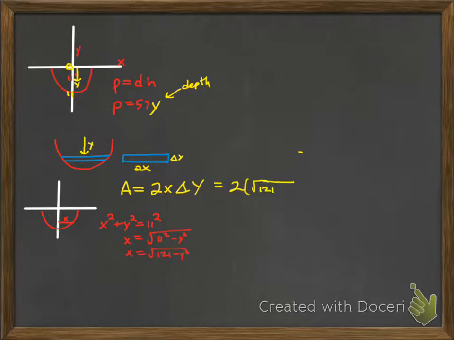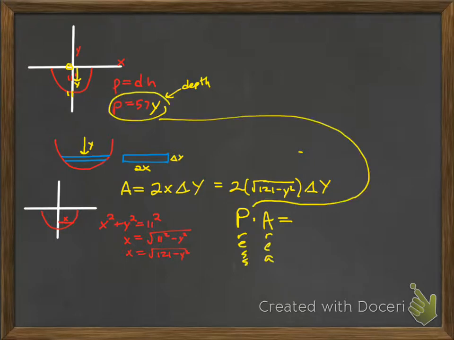So here it is, looks like that. So there's our area piece. Now that's one component of the whole thing. Now remember, pressure times that area will give you the pressure on that whole fascia, that whole end cap, this vertical end cap that I still think is an ambiguous term, but I think we get the idea now. So pressure times area, there's our pressure we got earlier on, 57 times y, the depth, so 57 pounds per cubic foot times y, number of feet, and then take it times area, which is in square feet again, so we end up with